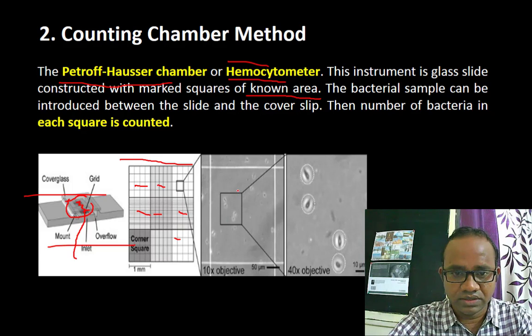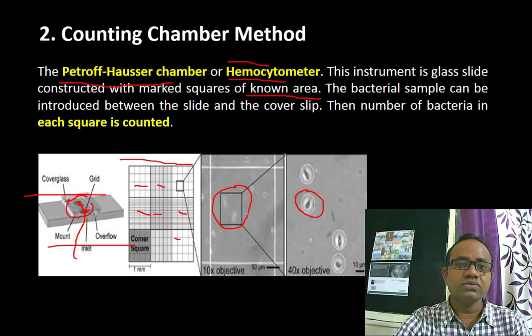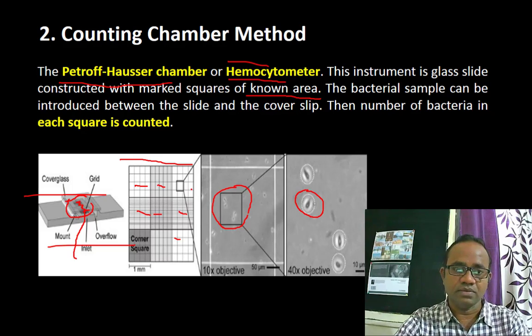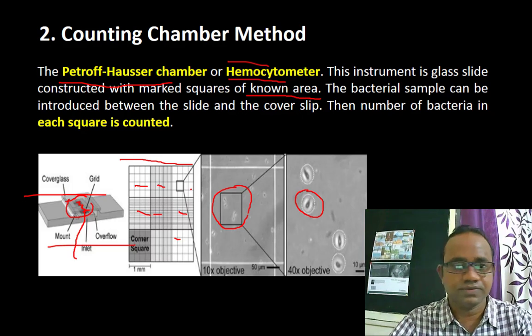So in this way you can get it like this. You have to count the number of bacteria in each square. Generally bacteria can be seen through the microscope like this. As we know, the area is already known, so we can easily calculate the total number of bacteria present. So that's exactly what the hemocytometer is, a ready-made available instrument. It's a glass slide, a little bit thick, and each square is already marked there. We simply put the bacterial sample there and count the colonies in each square. This is very simple.